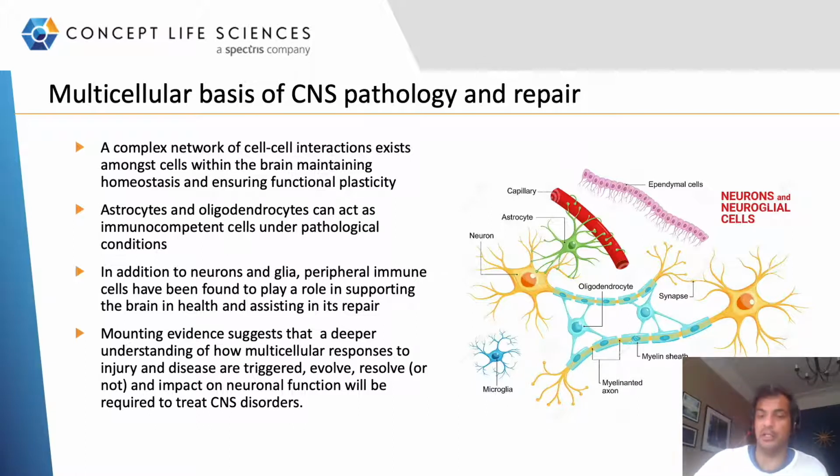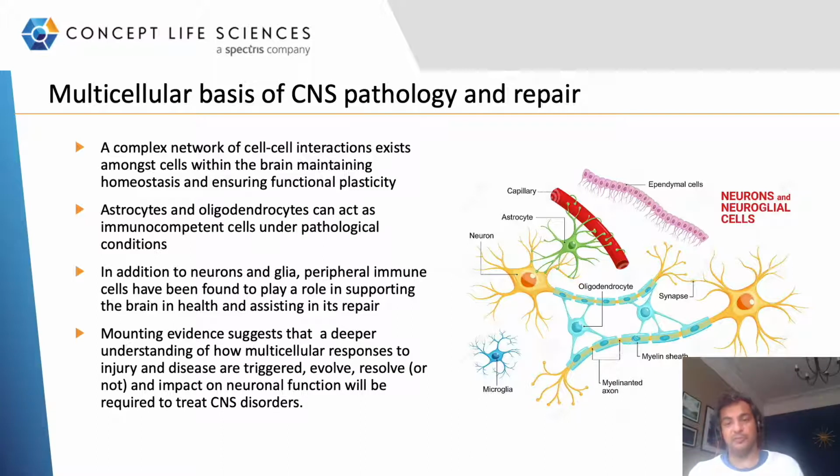However, I think it's increasingly recognized that neurons don't exist in isolation. In fact, they're surrounded by a complex environment of multiple cells, and it's quite a heterogeneous, spatially constrained structure. And you can see here in the diagram that the neurons form cell-to-cell connections with other neurons, and this is what facilitates the electrical conduction and neuronal signals in the brain at each of these synapse points. The axon of the neuron has these lipid layers called myelin generated by the oligodendrocyte, and these myelin layers tend to regulate electrical conduction along the axon.